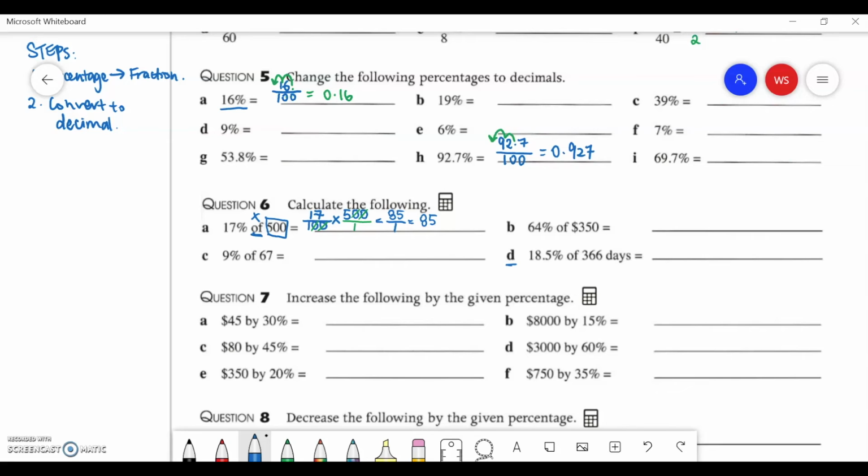Now, 6D, so 18.5% of 366 days. So converting our percent into a fraction, so 18.5 divided by 100, and 'of' again becomes multiply, 366 as a whole number, that will be over 1. Once you're done with that, a couple of ways that you can go about it. You can convert the first fraction into a decimal, and then apply that into your calculator. You can also cancel out numerators and denominators as well. 0.185 times 366,